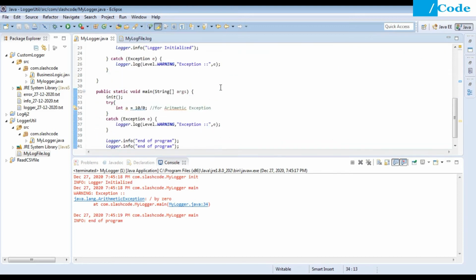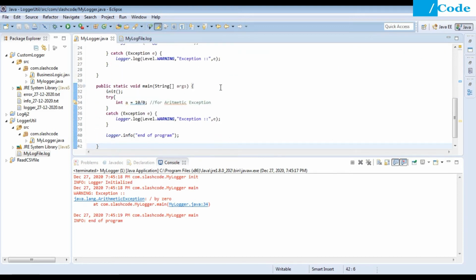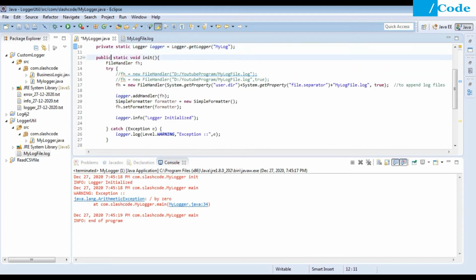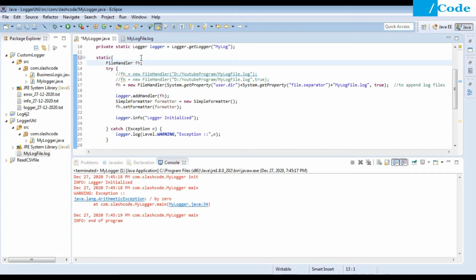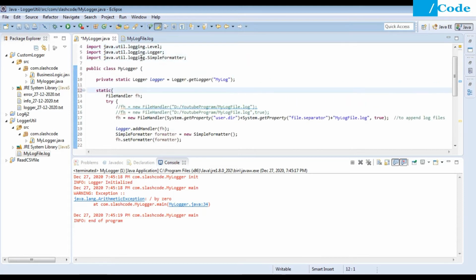Now the next thing is that we are calling the init function again and again. Instead of doing that, we can just put this inside the static block, so that it will initialize whenever my class is getting compiled. So just saving this one.